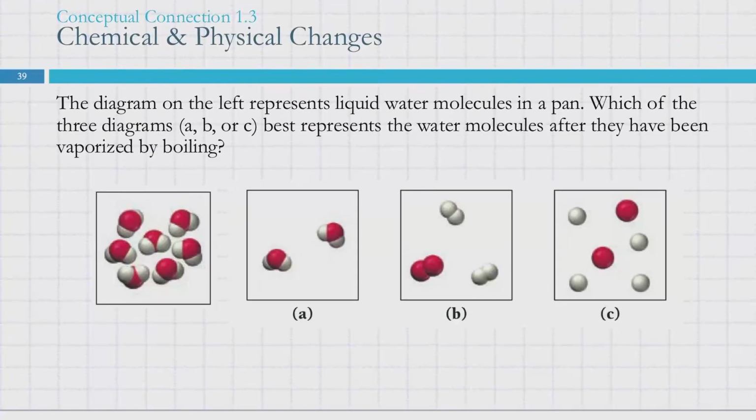Cool. The diagram on the far left represents liquid water molecules in a pan. Which of the three diagrams, A, B, or C, best represents the water molecules after they have been vaporized by boiling? It's going to be A. So in our original, our water molecules are one red dot, two white dots. In A, we still have one red dot, two white dots. They're a little bit more separated. They're not touchingly close anymore. So that would represent our gas phase,